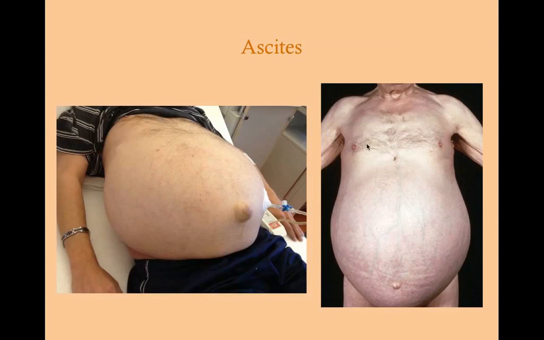Okay, so this is ascites. These are two patients that both have ascites. You can tell that they have ascites because, in this patient, you can see that the veins are clearly engorged here. Another way to determine that this is ascites, just looking at it, is that the umbilicus here is a little bit protruding. So that's another way. And then this guy's got a tube in his gut. That kind of tells you another hint. But you would mostly determine that this is ascites on physical exam. But these are both very, very clear examples.